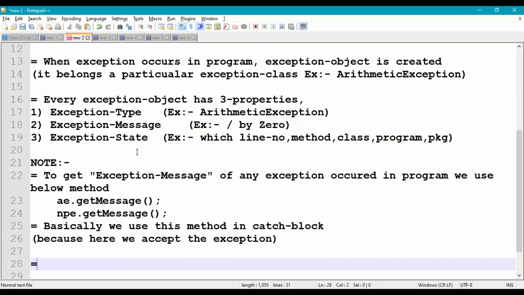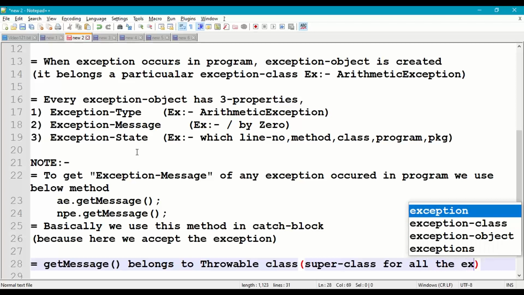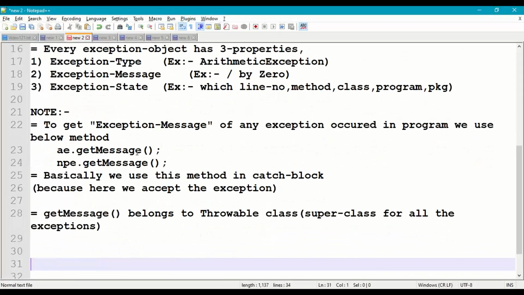And this get message method belongs to throwable class, which is a super class for all the exceptions in Java.